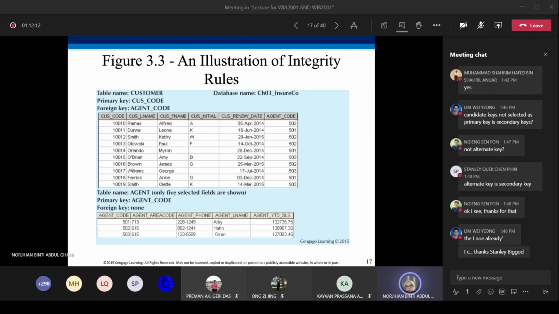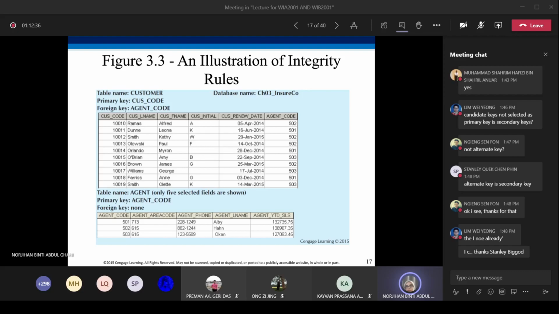Then the second requirement is that a foreign key may have either a null value, or any value for agent code here must match the values that we have for agent code in the agent table.